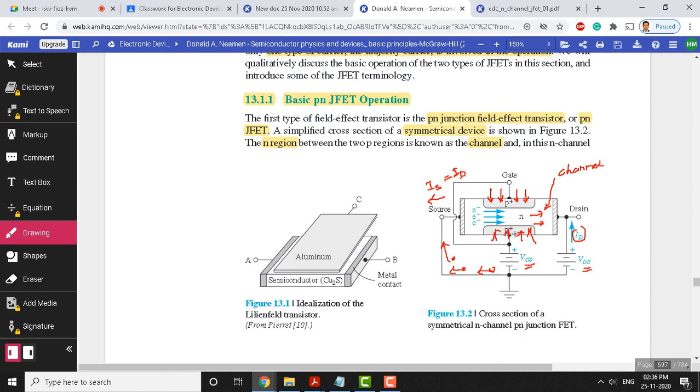Okay, the field exists here also. These electric fields applied on both top and bottom are influencing the electron movement in the channel. Ultimately, through this electric field we should control the electron movement here. Electrons move from source to drain, and this movement should be controlled by the electric field. That electric field gets applied between these two P plus regions. We short circuit here, right? Whatever field is applied here is also applied here. So that's why there is a common electric field. Though it's a cross sectional view, when you observe in 3D, it looks like top and bottom.